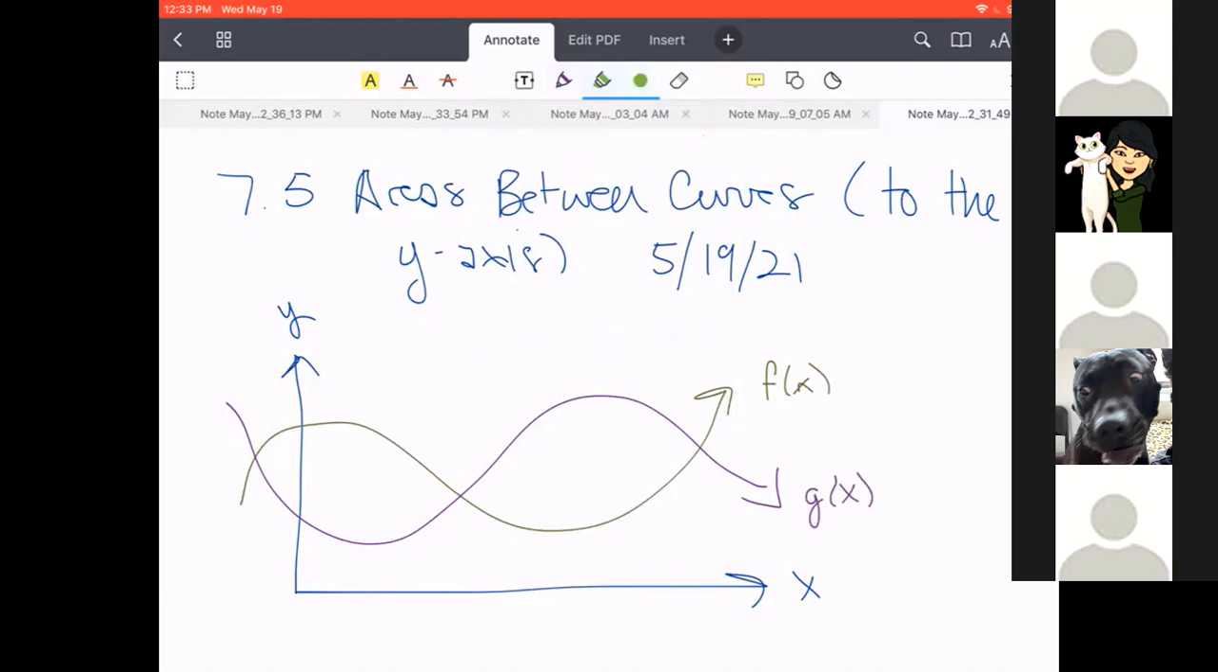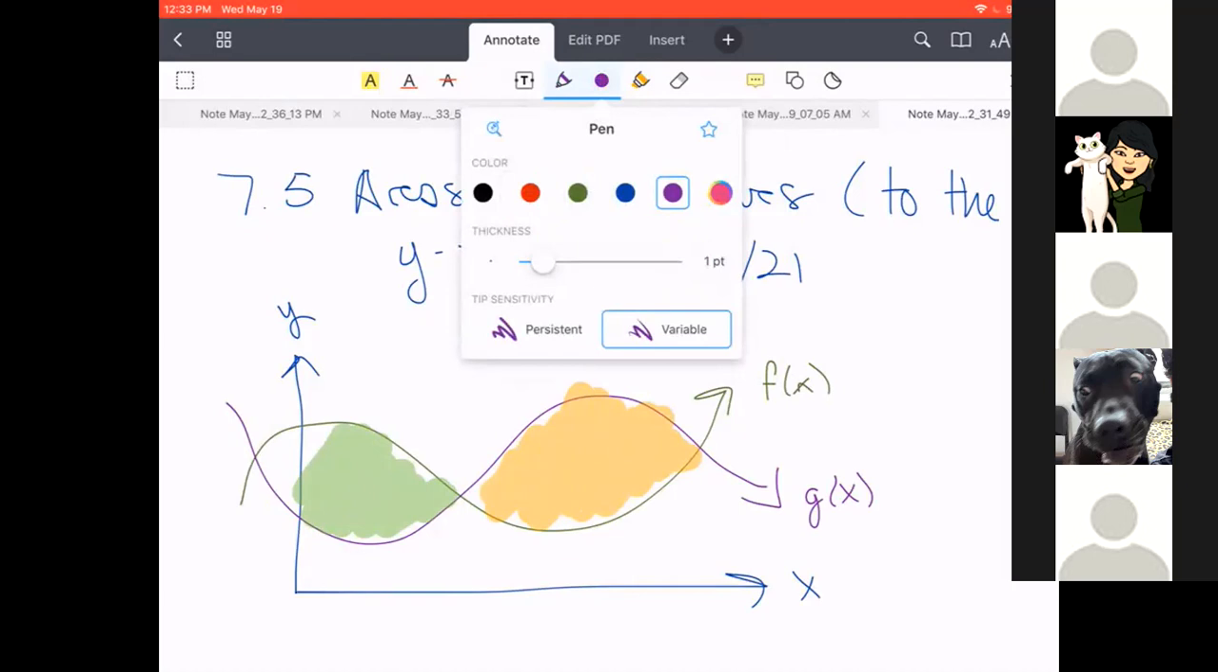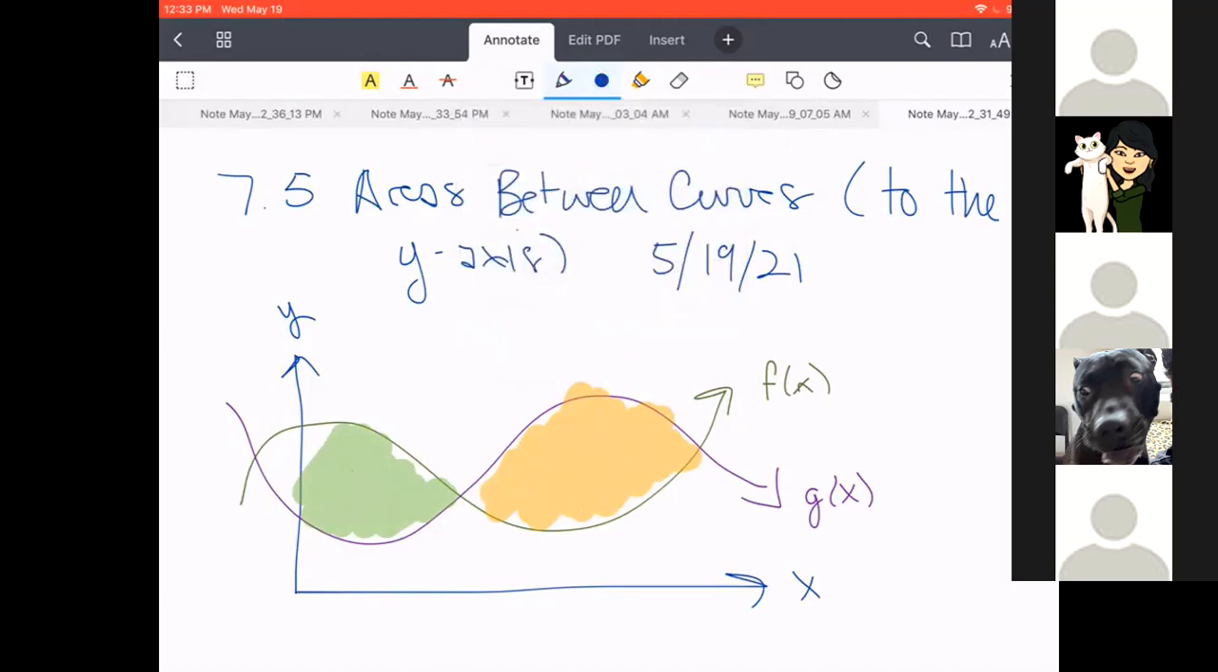How would I find the area of the green and the orange shaded regions? The area between those two curves. What would I do? You find which function's on top and then subtract the other one. We have to take the integrals of both of them. Exactly. So first we're going to see which function's on top and then just subtract the integral of the other